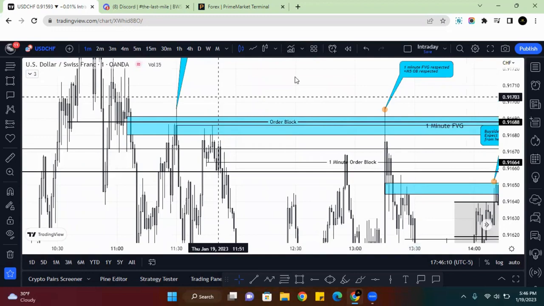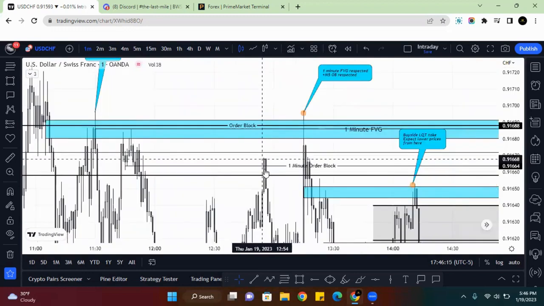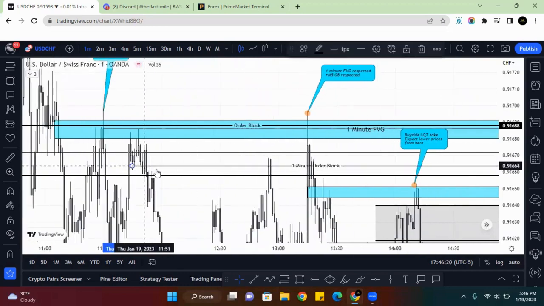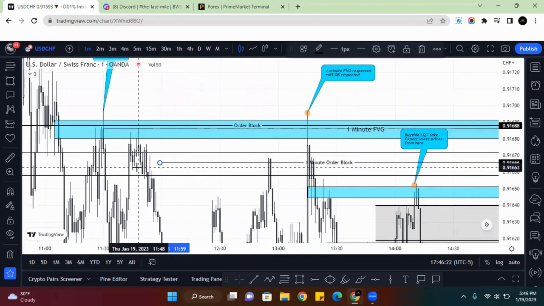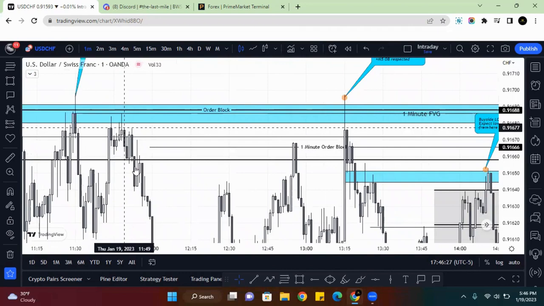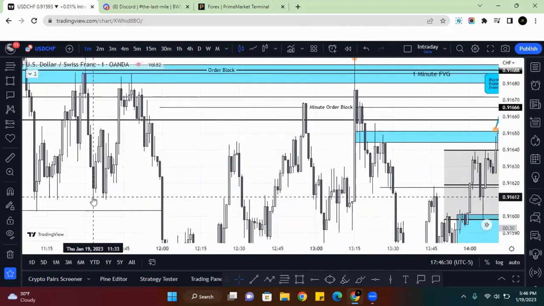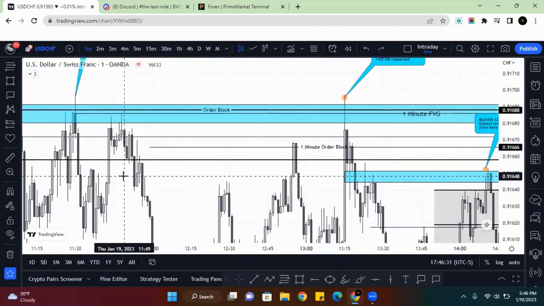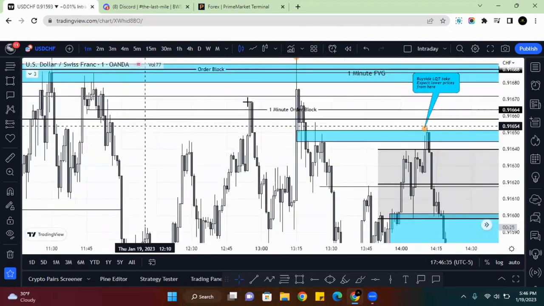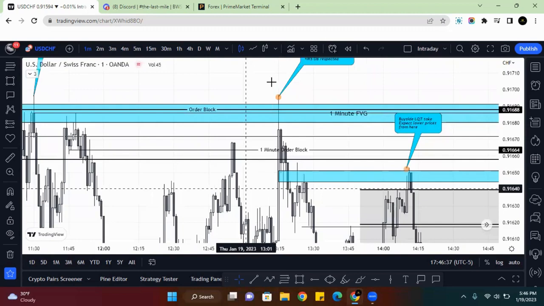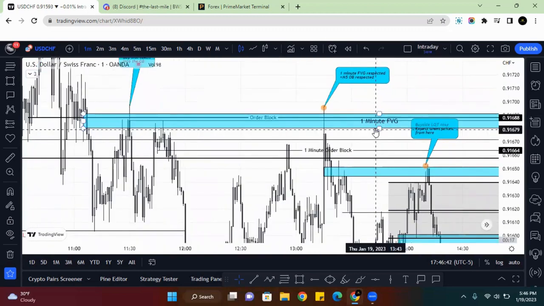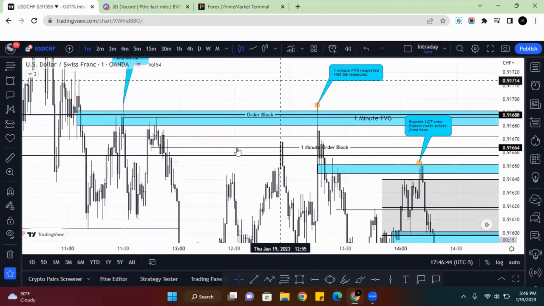So I dropped down to the 1 minute. It was like, bet, we're gonna see if they take this buy side, and this one other block is respected. This is the one that I thought was going to be respected. So this is the last 3 up candles in this impulse move before the drop, because the drop did take some sell side. That's why I thought it was going to be valid, which is a good thought process for sure. Price did end up using that as liquidity, but my stop loss was already behind these highs, so I wasn't very worried about it. It filled the 1 minute fair value gap and then dropped.